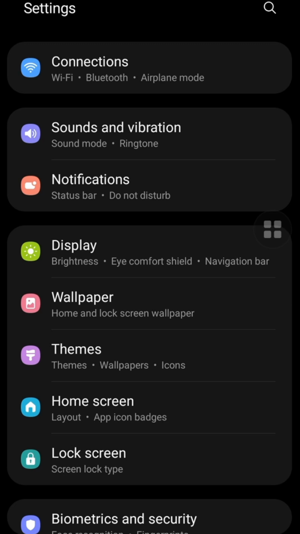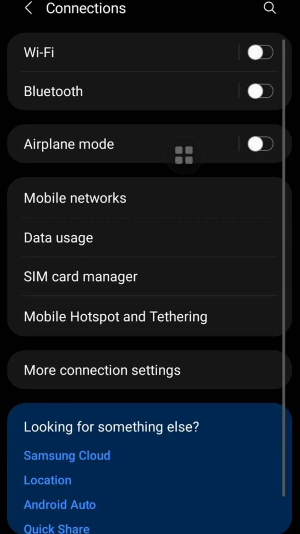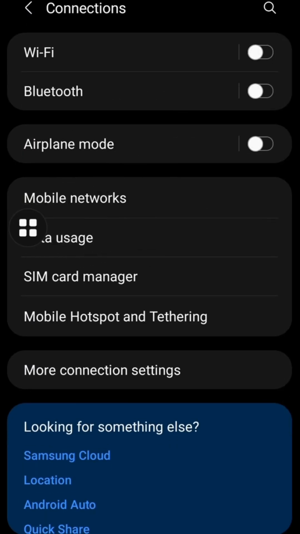So let's get started. First, open your phone settings, then scroll down and tap on network and internet, or it might say connections. It's just depending on your phone. Just tap it, then tap on data usage